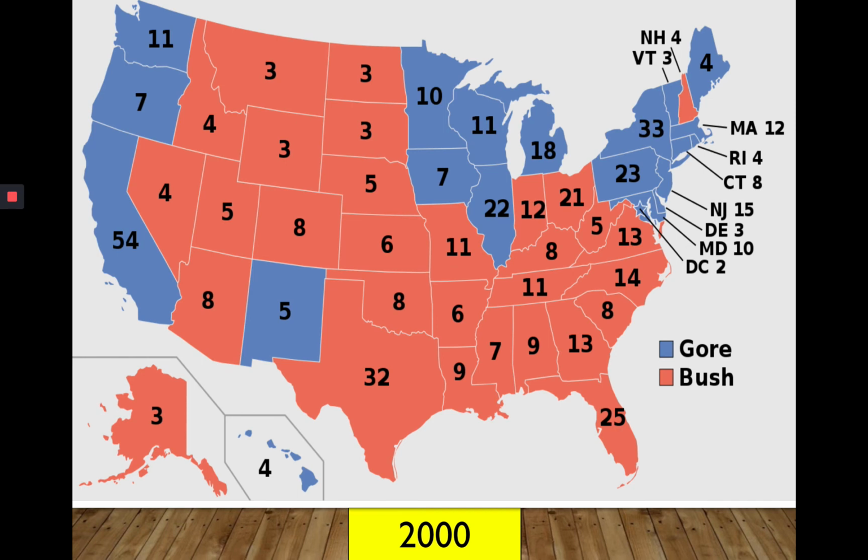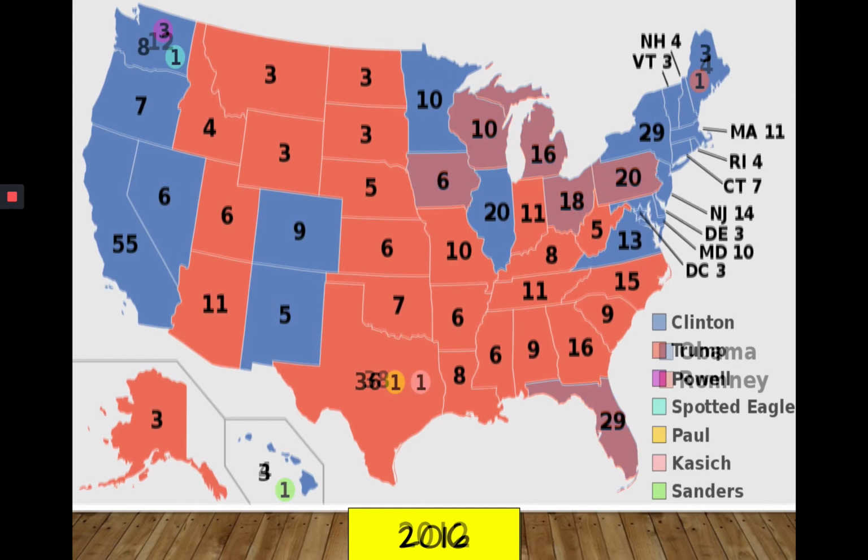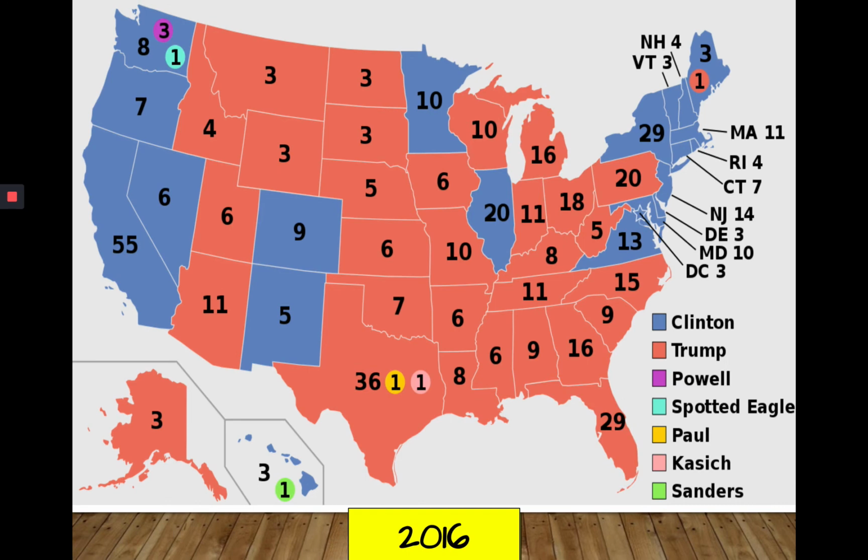And maybe by now you're noticing too, the same states tend to vote Republican and the same states tend to vote Democrat. Washington almost always votes Democrat. So here's the split. Here's the 2016 election. And what you might notice is in Washington, we had 4 of our electors in our state